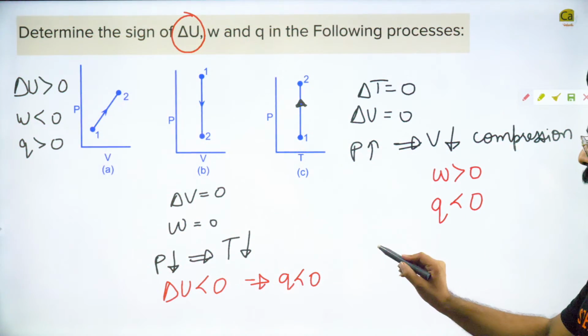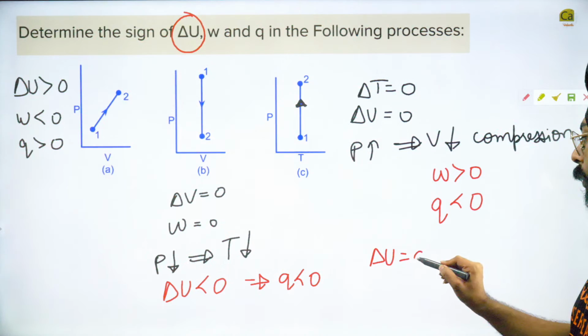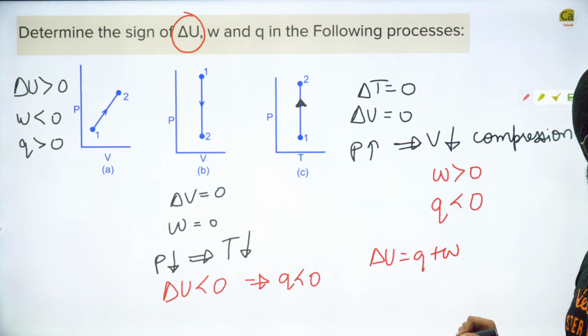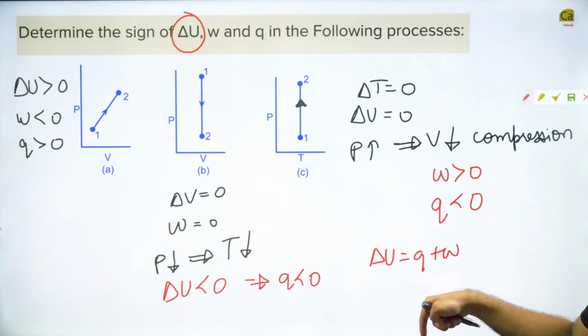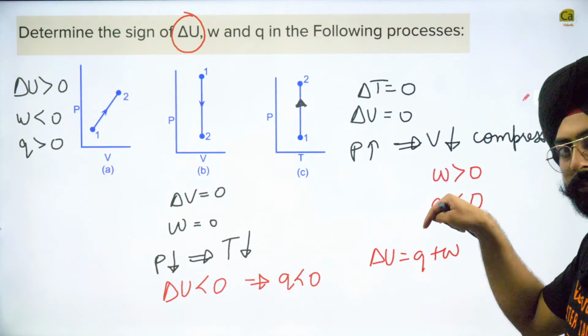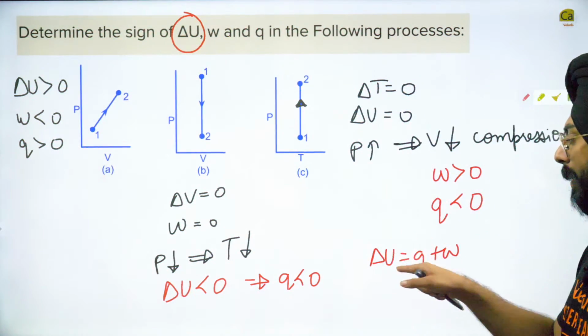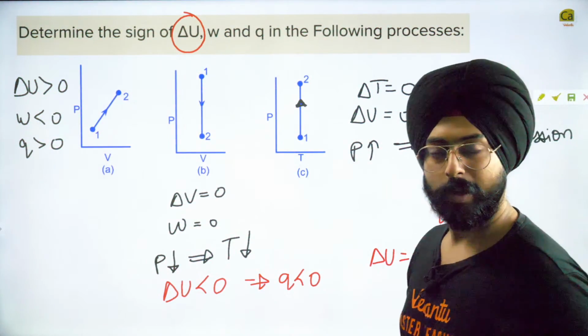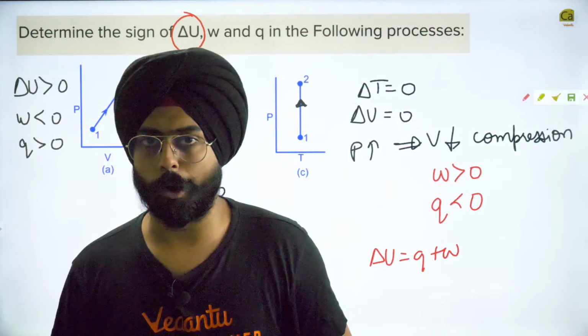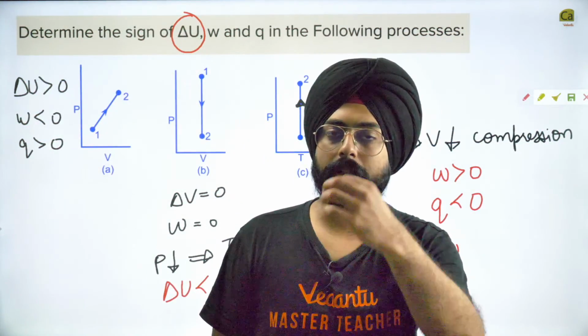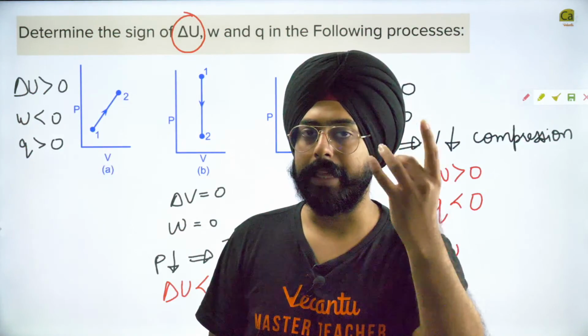Why can I say this? Because delta U is equal to Q plus W. So if W is positive, Q has to be negative to make delta U equal to 0. So always remember from now on, this question helps us learn one very new important thing, that